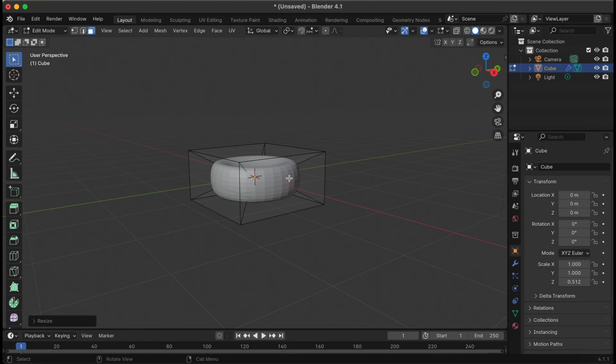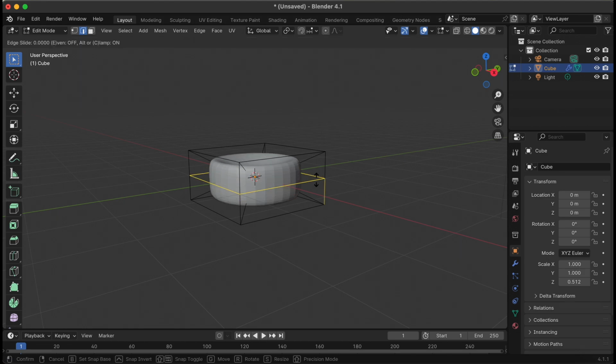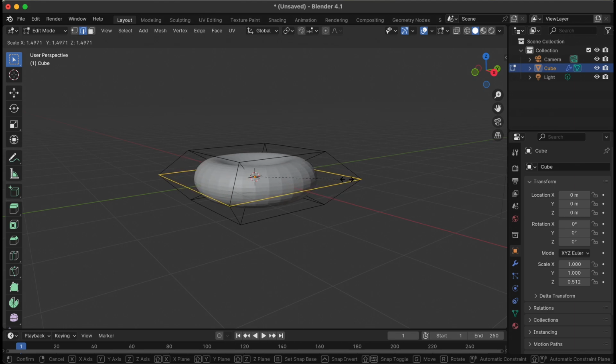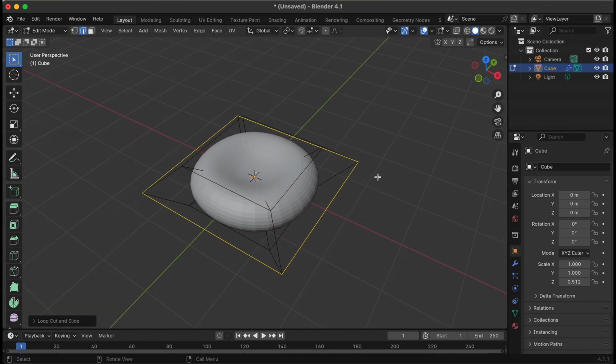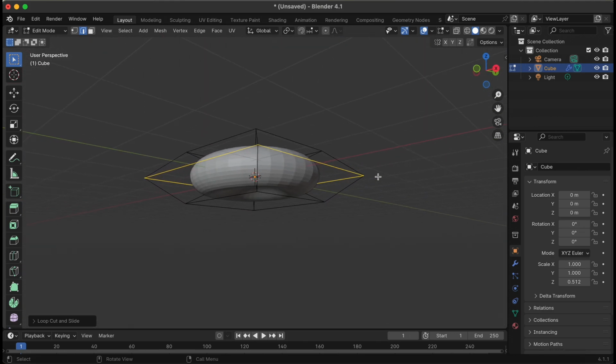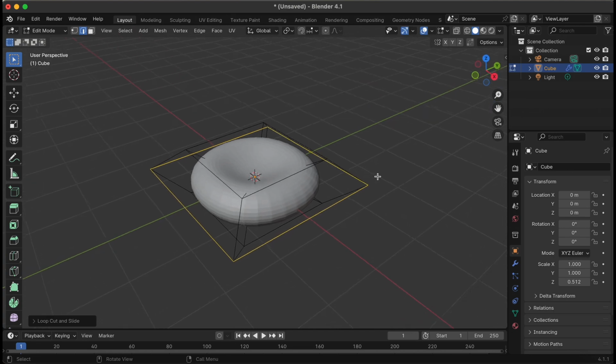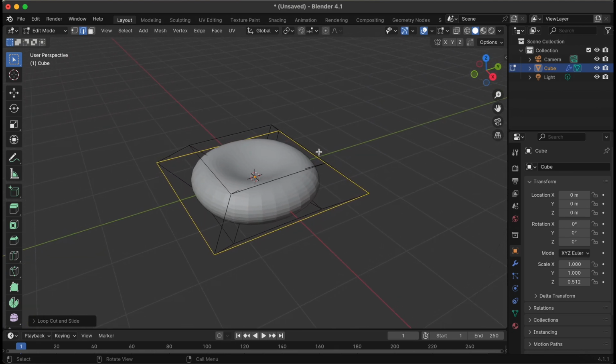So we hit 2 to get into edge select mode, add a loop cut right across, and scale that outwards to right about there. So our red blood cell is already taking some shape, right?